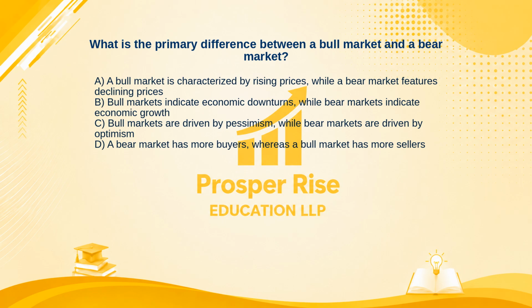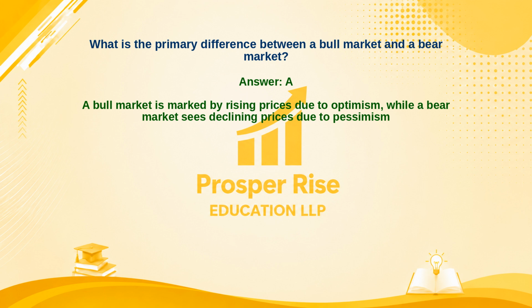Take a moment to pause the video and decide. The correct answer is option A. Let's see why. A bull market is marked by rising prices due to optimism, while a bear market sees declining prices due to